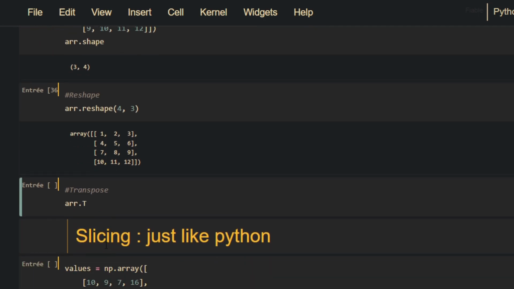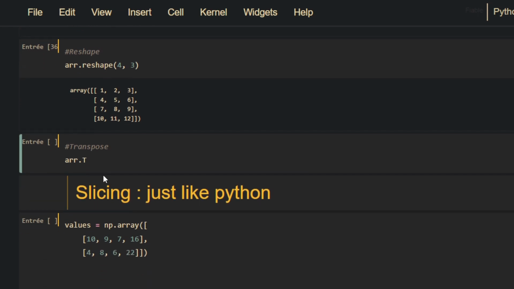And finally, before we finish off with this video, I'll keep on going next time, is reshape and transpose. Transpose is used with capital T in Numpy. You have other ways you can use the actual transpose method, but capital T is a way quicker way to do the same thing. So the difference between transposing and reshaping is going to be that transposing is about switching